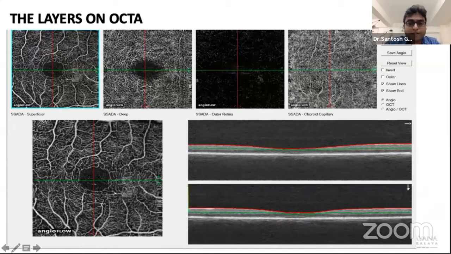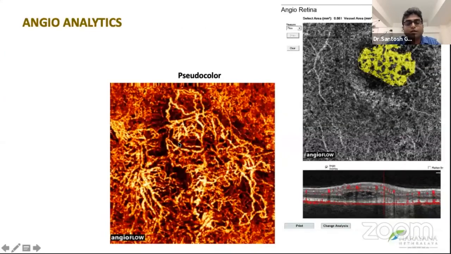And coming to angioanalytics, again, pseudocolor is extremely important here, if you want to see what exactly is happening at the choroid level, especially the CC layer. When you put on the pseudocolor image, you can see what's really happening at the choroid level. There's a clear contrast that is seen, and we can make out subtle CNVMs or vasculature at the level of the CC layer. We can even map these areas by adjusting the contrast as well as the flow area. We can map the flow areas by putting dots around the lesion, and then you can measure the selected area and serially follow it up.